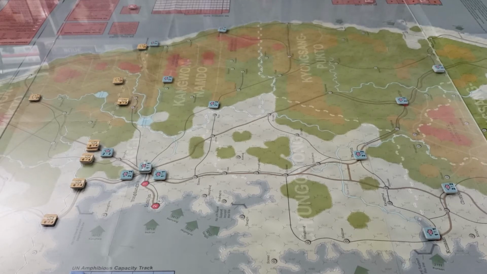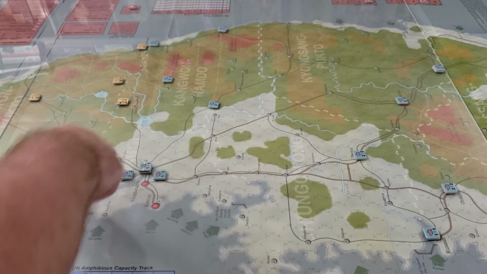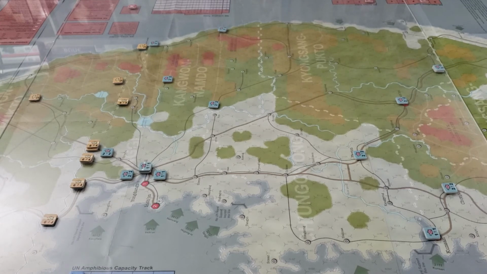We don't want to, because the logistics hub is Seoul here. So the more we delay the North Koreans, probably the better. And then we just go right back to the North Koreans, and they're going to get 1 operations point. They're going to activate 1 unit. I think what we will do is